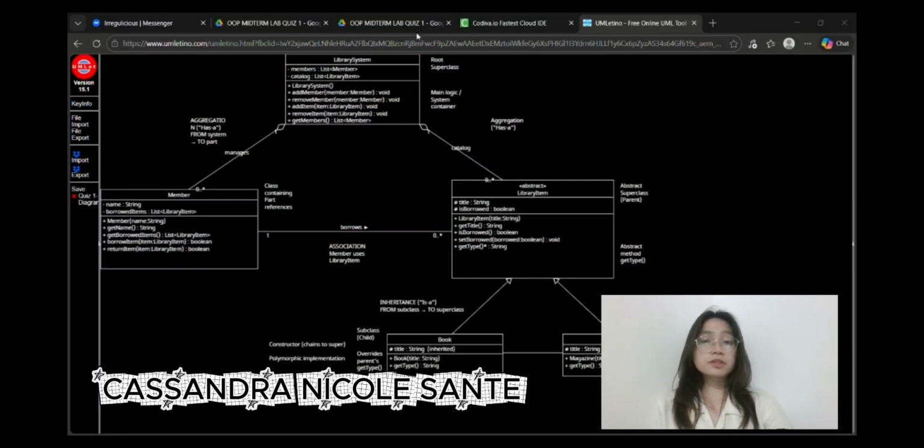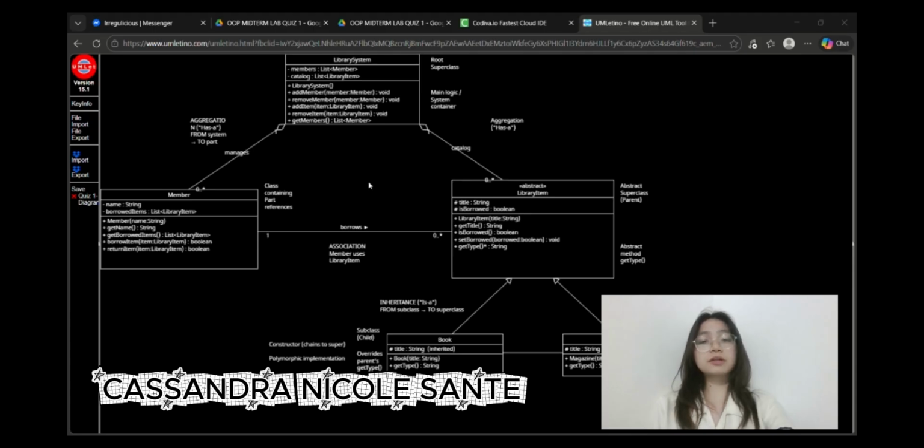Greetings, I'm Cassandra Nicole Santa and I'll be discussing our class diagram. Our architectural analysis begins with the library system class, which functions as the root controller and central repository for the application. Within the middle compartment, designated for attributes, you will observe the minus symbols preceding members and catalog. This notation indicates private visibility, a fundamental requirement of encapsulation that restricts direct external access to ensure data integrity.